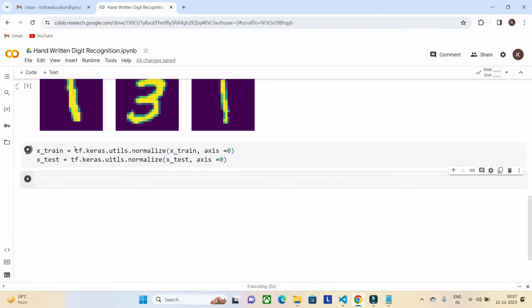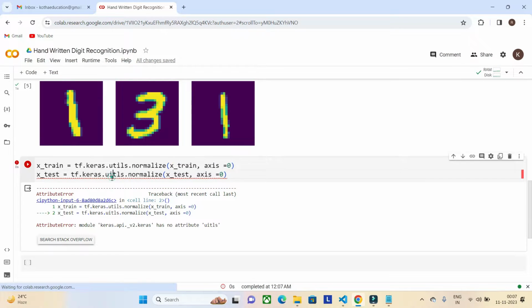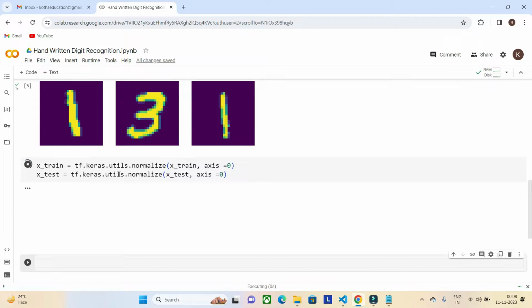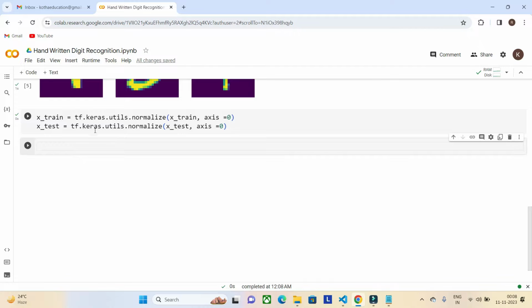Just shift plus enter, and the data has been normalized. It's completed now. Now our data set is normalized.